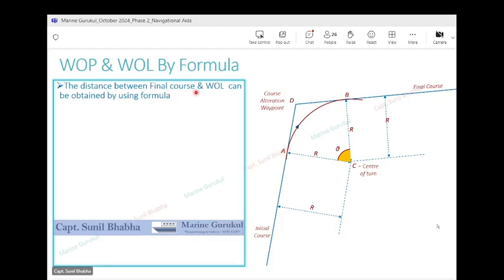The distance between the final course and the wheel over line can be obtained using the formula r into 1 minus cos theta plus f sin theta. R is the radius of the turn, 1 minus cos theta, theta is the angle by which the ship is turning, plus f. F foxtrot is the reaction distance. Sin theta, theta again is the angle by which the vessel is altering. So we find out this distance using the formula r into 1 minus cos theta plus f sin theta. Now when this distance is obtained,